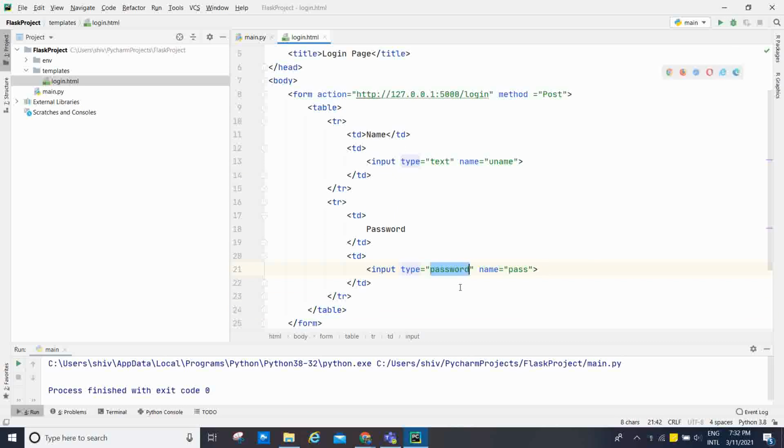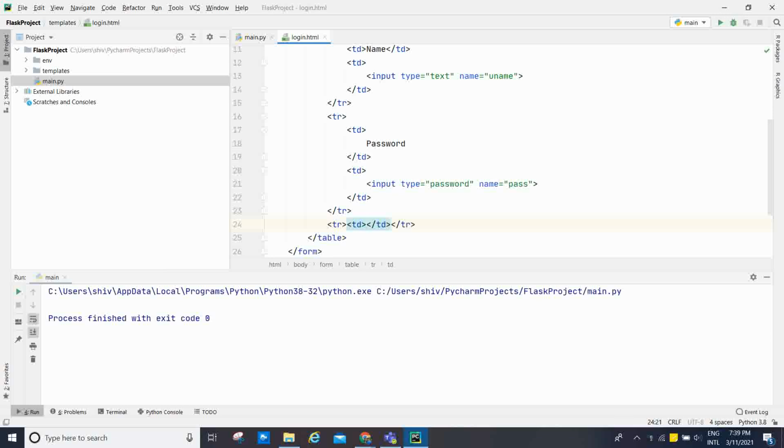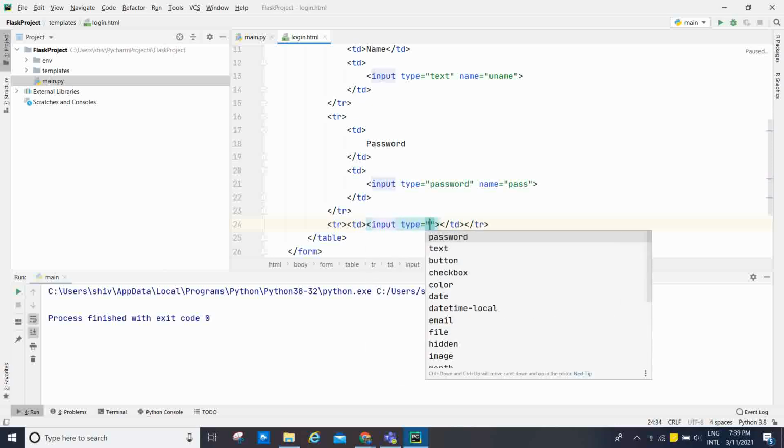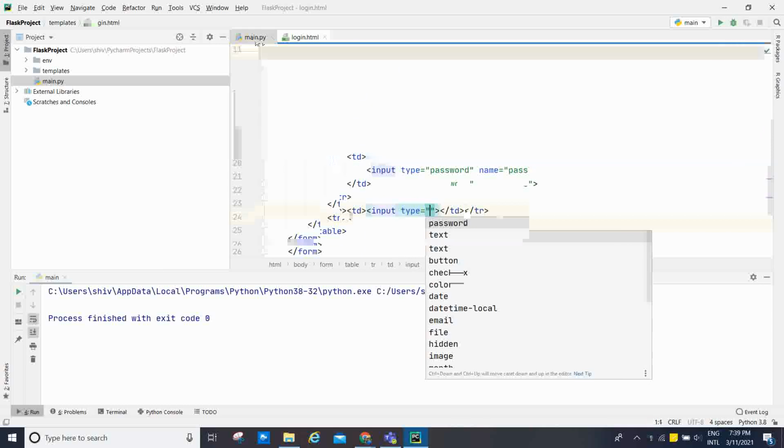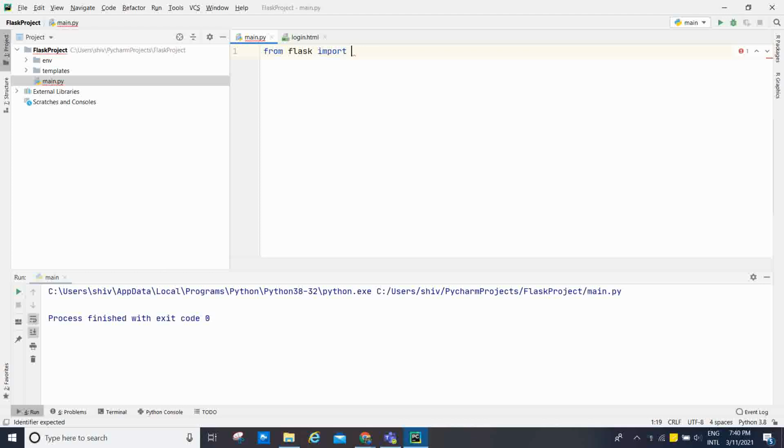Okay, add the button: tr, td, input type submit. Now what I'm going to do, I'm going to remove this one. I'm going to write from flask import star.